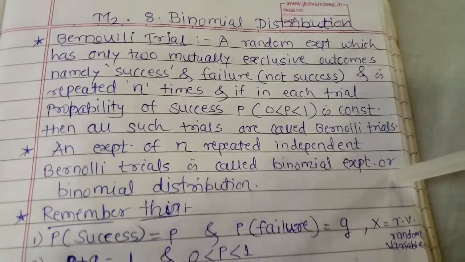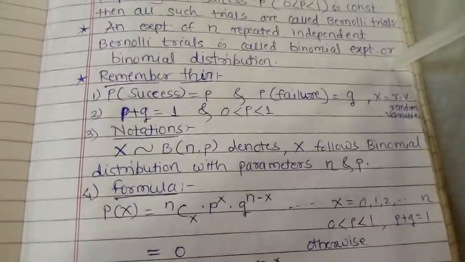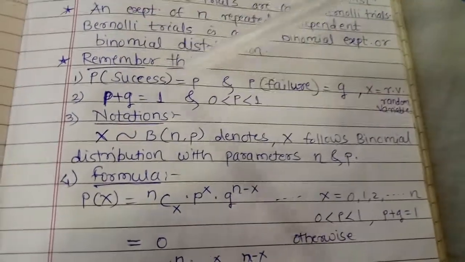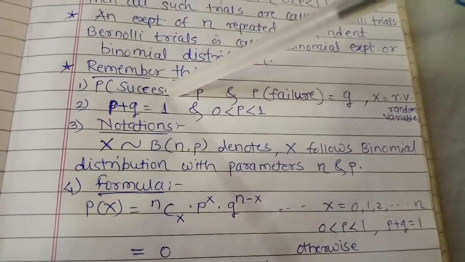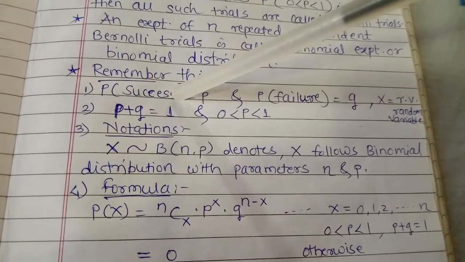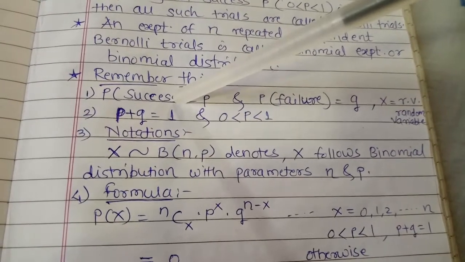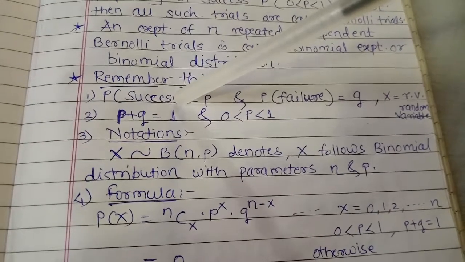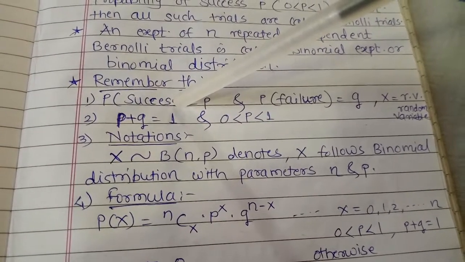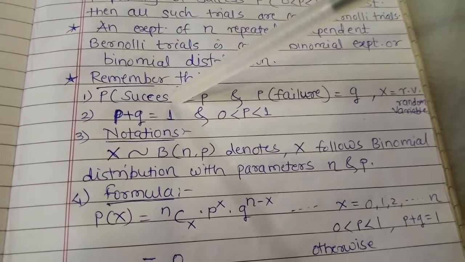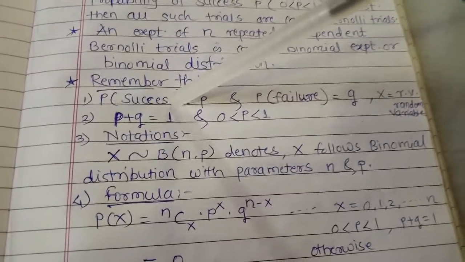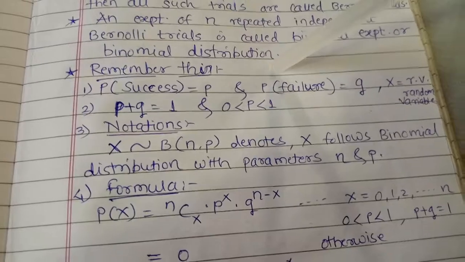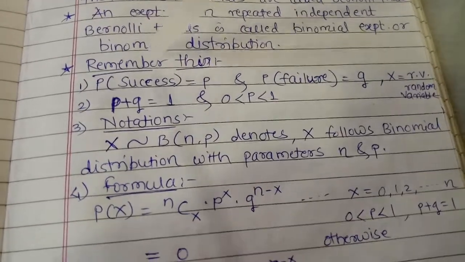So in this chapter we have to keep in mind some formulas. First one, that is probability of success. Means whenever you try any experiment, you will get the answer. Means if we toss one coin and we want the head, then the probability of getting head is half and the probability of getting tail is half. Means if we are concerned about the head, then the answer is half and it is nothing but the success.